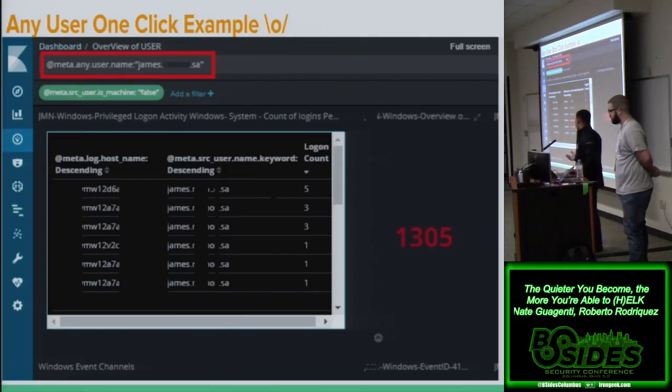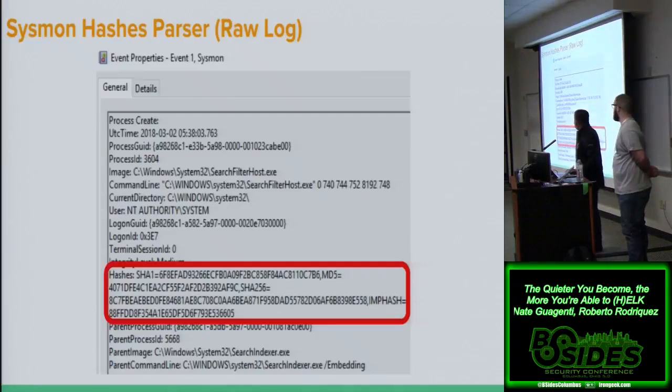I haven't seen too many companies actually giving this power to their analysts, and I think this is so powerful. I used to be a SOC analyst as well, and it was hard to go through every single possibility of my username, computer, IP, and things like that. So that's the idea. And then you can go back to the slides and show a little bit of what the mapping looks like for Elasticsearch and what we can transform into whatever technology you're using. HELK was basically built by analysts, for analysts. I worked as a SOC analyst and still do analysis work, same with Roberto, so it's a database SIEM for analysts, by analysts.